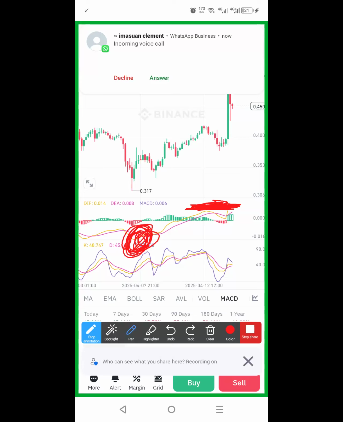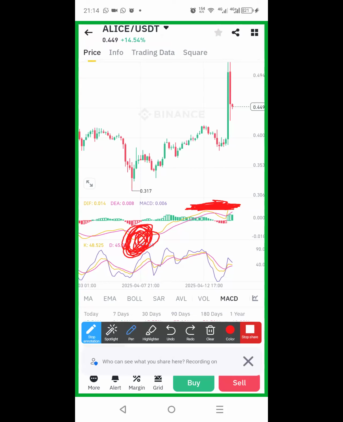So if you set a realistic take profit, and you enter this trade at this area that I circled below this bridge, you are definitely going to make profit. Okay, for example, let me show you something. If we notice these MACD lines here, this yellow and red line under the bridge, in this area, there is something we call a golden cross.